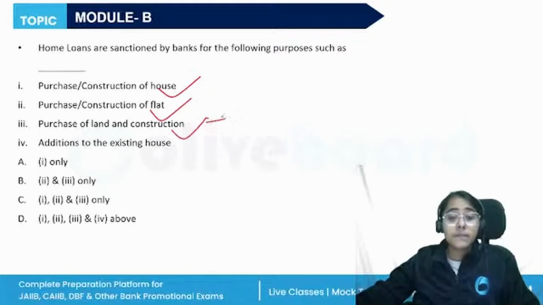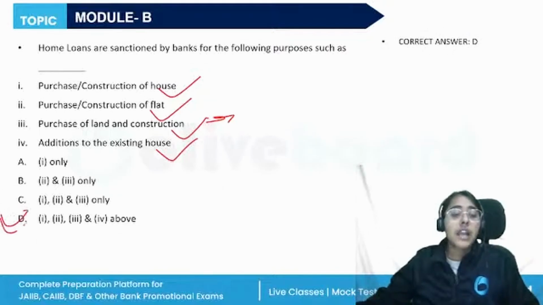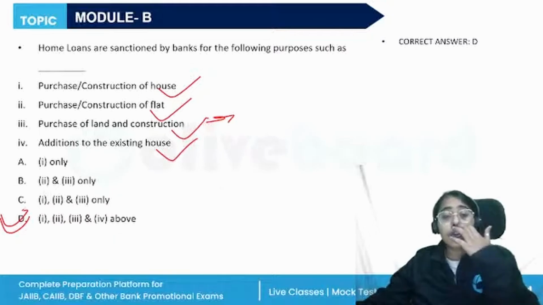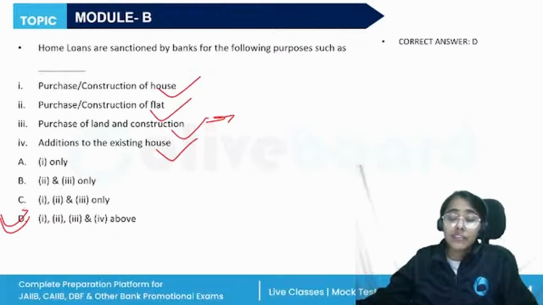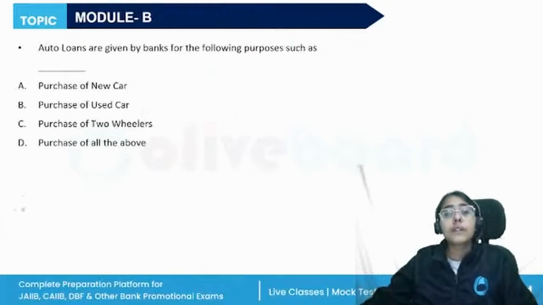Purchase of land for construction of a house thereon, addition to the existing house, so all of the above. Apart from this, home loans are also given if the individual wants to buy an old house, a second-hand house, or a second housing dwelling. If they're living as a tenant and they want to purchase that same house, for that also the banks will